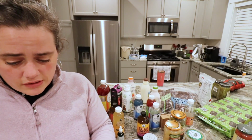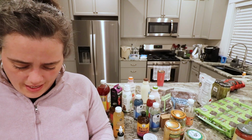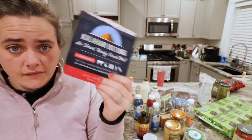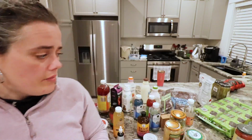So it was definitely delicious. Pretty low calorie, and almost no carbs. The whole package was less than 1 gram. So I would definitely recommend this, not necessarily this whole brand, but this particular kind, because I also bought a